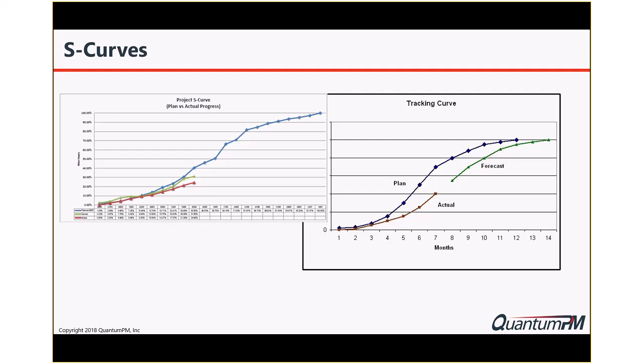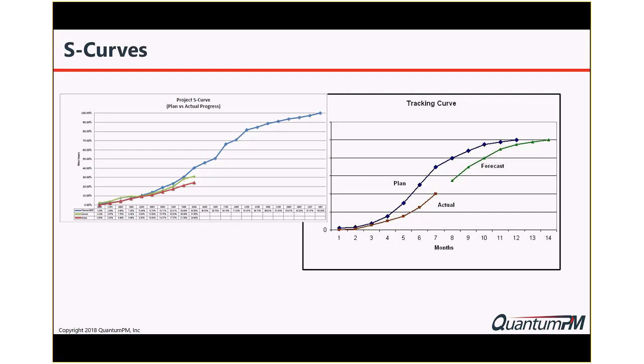The one on the left-hand side is a traditional S-curve, plan versus actual. So you have what you planned, you have that projected over time, and then you have an actual line, and you may have a variance line as well. Different kinds of things that you can look at to see what's going on. And I've got several more examples of those as we go through this process. So different ways to look at the data so that you know what was planned, you know where you are actually, and where you expect to be over time.